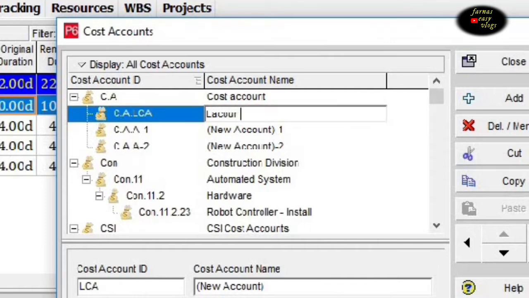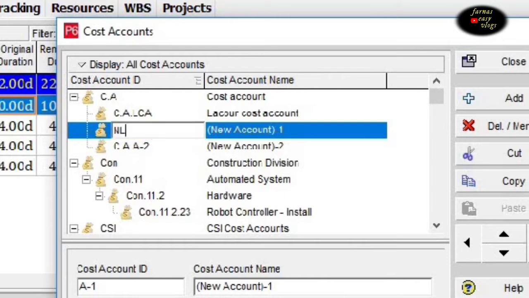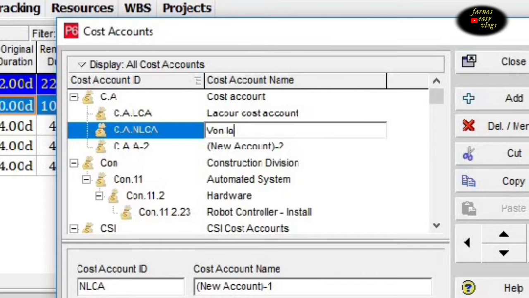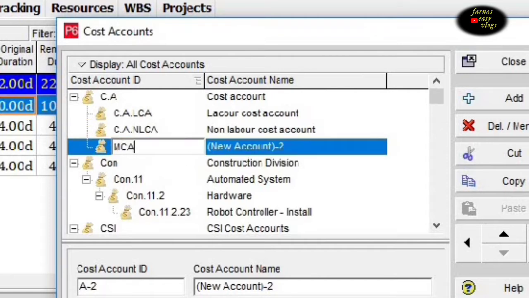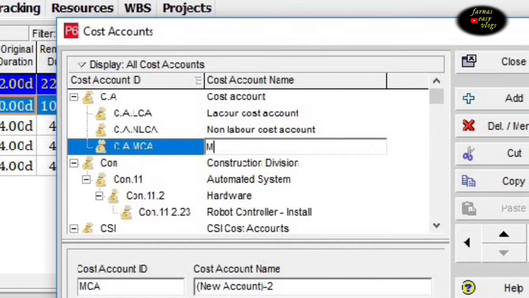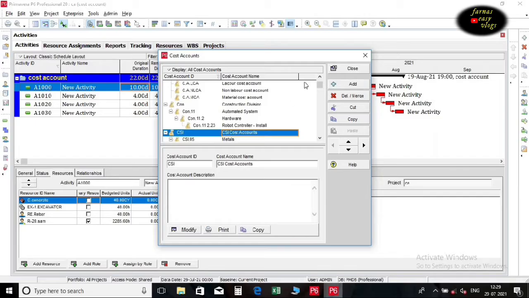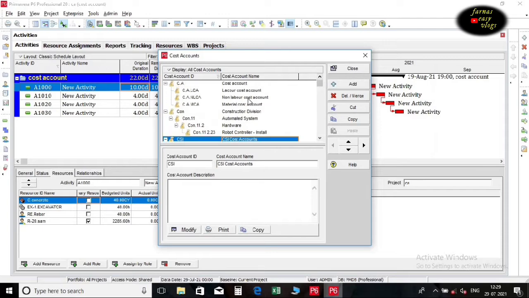They are labor cost account, non-labor cost account, and material cost account. After creating, close the tab.